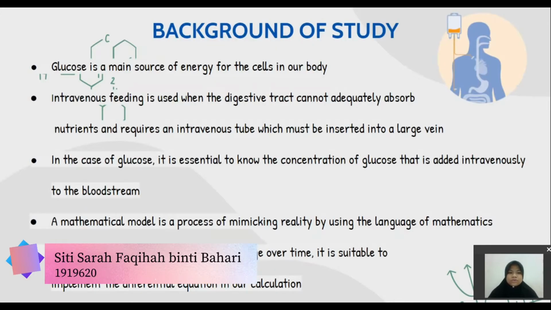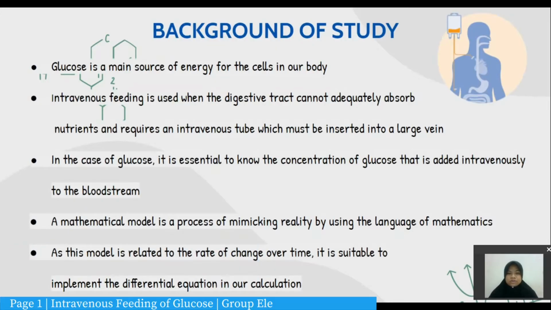Background of study. Glucose is the main source of energy for the cells in our body. Intravenous feeding is used when the digestive tract cannot absorb nutrients and requires a tube which must be inserted into a large vein. In the case of glucose, it is essential to know the concentration of glucose that is added intravenously to the bloodstream. A mathematical model is a process of mimicking reality by using the language of mathematics. As this model is related to the rate of change over time, it is suitable to implement the differential equation